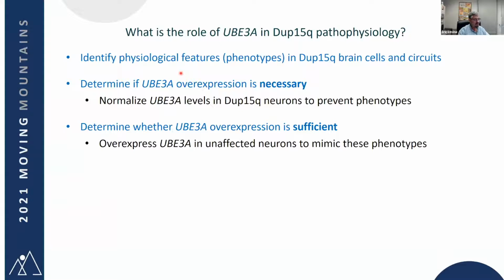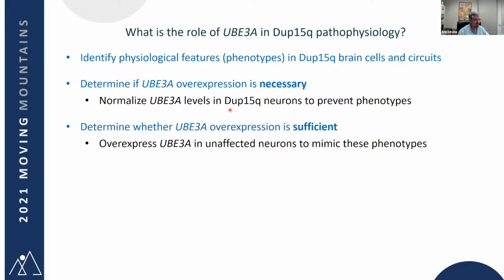First, we want to determine if this increase in UBE3A expression is actually necessary for these phenotypes. Most likely, it's going to be necessary for quite a few things because, for the reasons I described, we think it's a primary driver. But there may be some phenotypes that are actually independent of UBE3A and only involve other genes. And so that's obviously going to be important to know for developing therapeutics. So the way we're going to ask this question in the studies I'll show you is we're going to normalize UBE3A levels in Dup15q neurons,